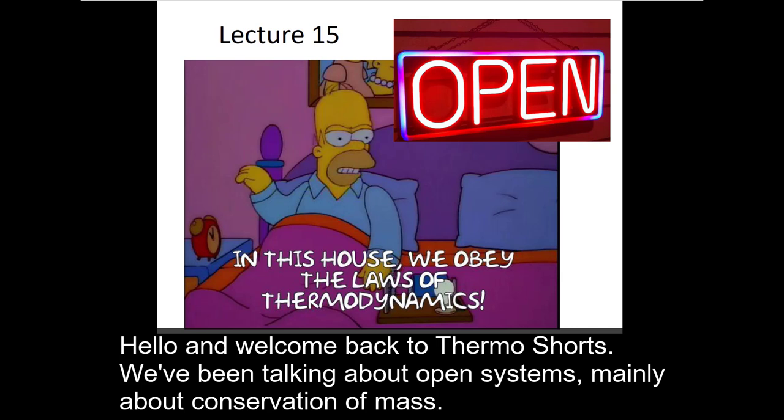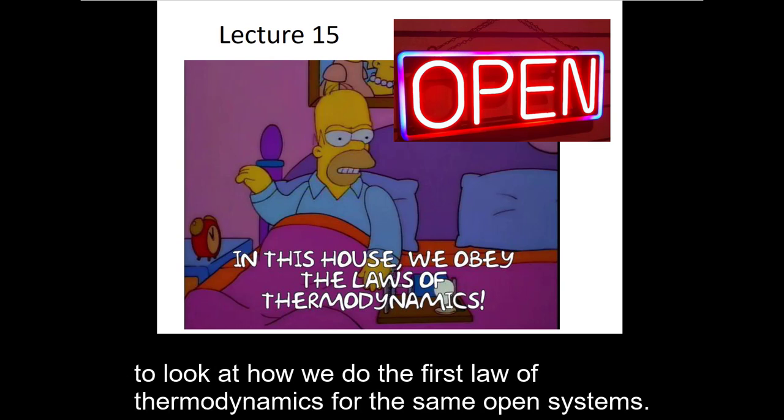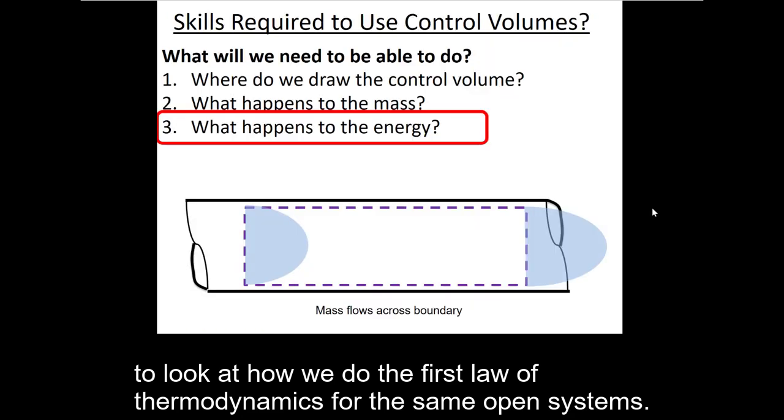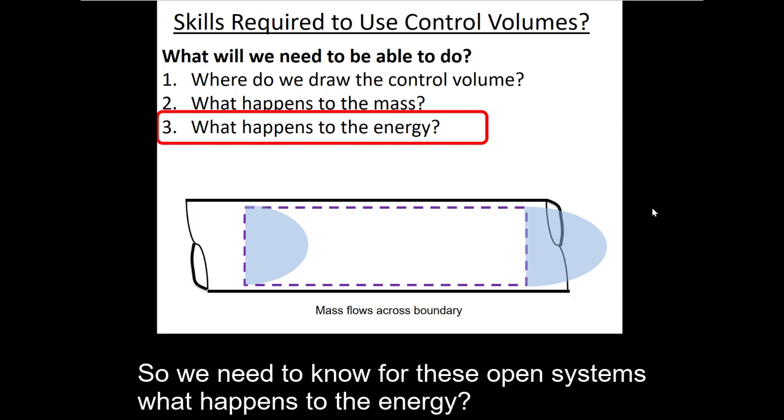We've been talking about open systems, namely about conservation of mass, but today we're going to broaden our perspective to look at how we do the first law of thermodynamics for these same open systems. So we've answered the question, how do we draw the control volume? We now know what happens to the mass, so we need to know for these open systems what happens to